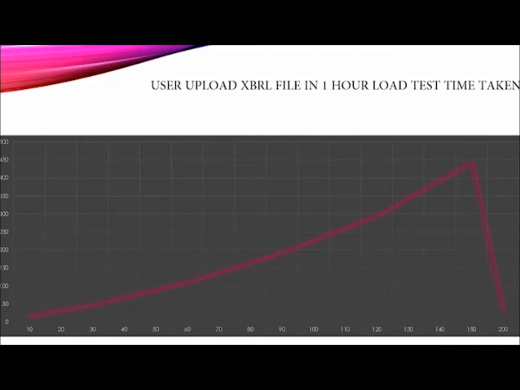As you can see, there is an exponential graph from 10 until 150, where the time taken increases exponentially until it gets to 200 users requesting to upload the XBRL file. The time taken being 0 means that some failure or timeout has occurred in the system.